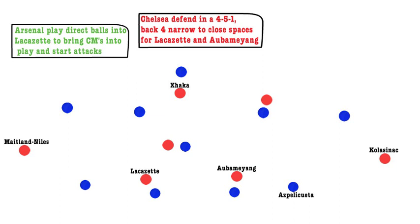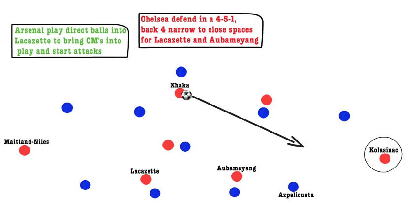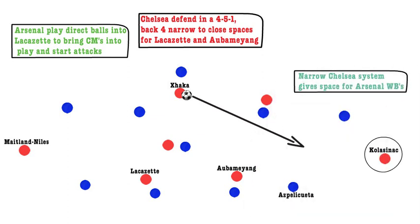Chelsea's back four remained very narrow when Arsenal had the ball in their half due to a fear of leaving gaps for Aubameyang and Lacazette to run into. Arsenal looked to switch play quickly via long passes from Xhaka in a deep central position to Kolasinac or Maitland-Niles, who would sit high and wide. Kolasinac did get into a good position from this around the 20th minute mark, but Arsenal were unable to really